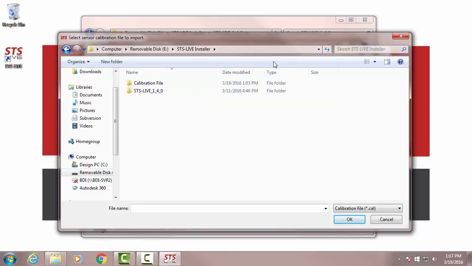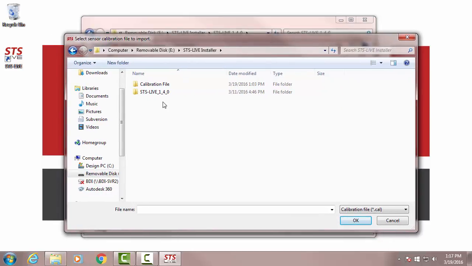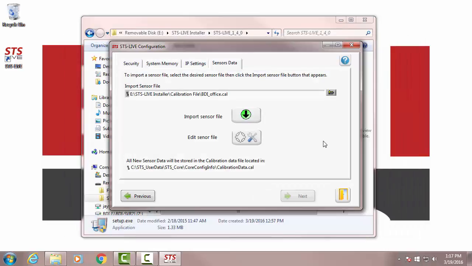It's going to be included on the USB drive. So I'm going to click on the calibration file folder, and the calibration file will have a name corresponding to your business or project. For this one, it's just bdioffice.cal, so it's going to be that cal file. So you just click on that, you click OK, and when that is recognized as a valid calibration file, you'll